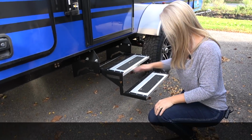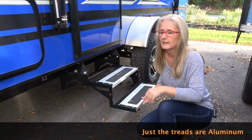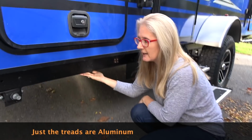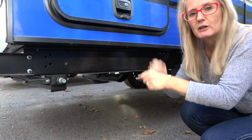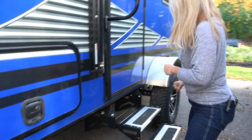Grab bar. Aluminum stairs that fold up and tuck under. Also, while we're down here, remember you've got a fully enclosed underbelly. These are going to be your stabilizer jacks, and they're going to be a manual type of crank. And then moving down here,